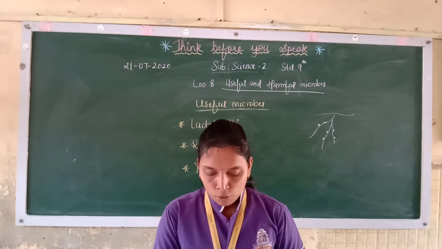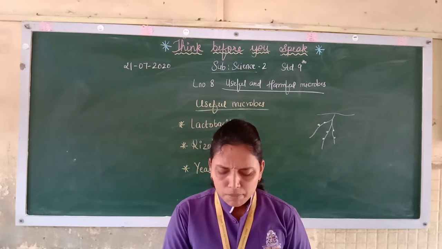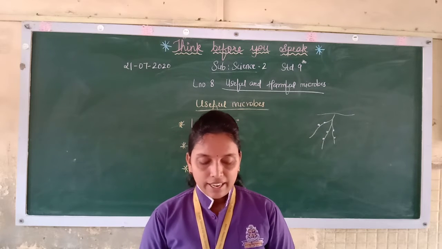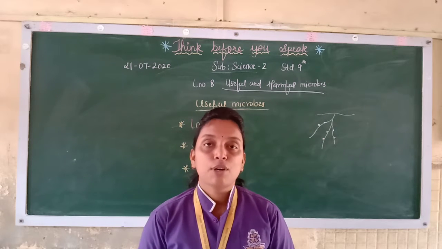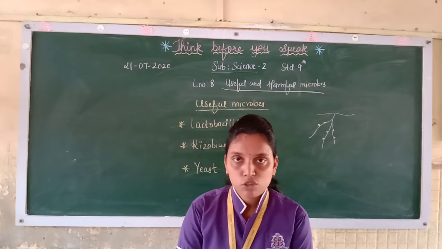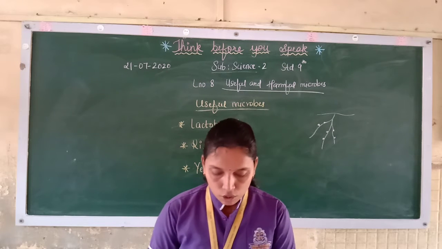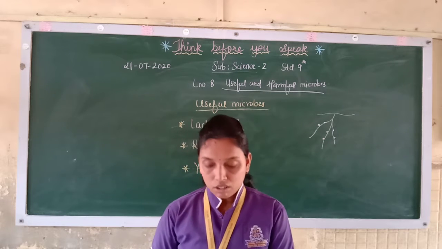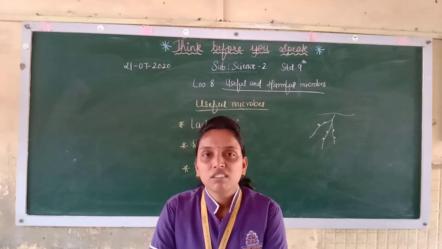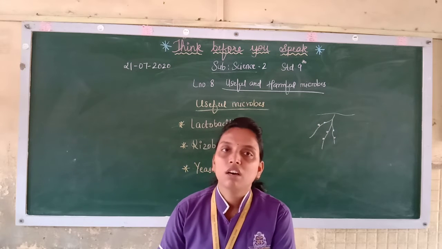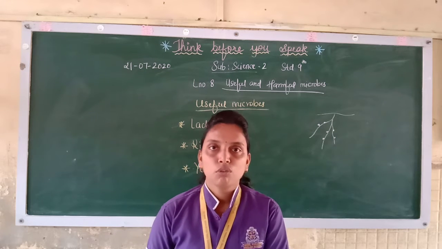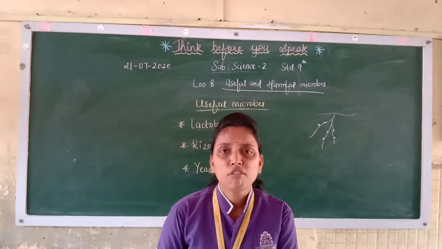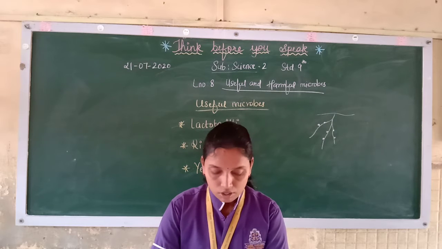Now, uses of lactobacilli. Various milk products like yogurt, buttermilk, ghee, cheese, shrikhand, etc. can be obtained by fermentation of milk. So by fermentation of milk, we get all these things that we eat normally, that is yogurt, buttermilk, ghee, cheese or shrikhand. Now these things are very good for your health, so you eat these things. These are obtained by fermentation of milk. So these are milk products.